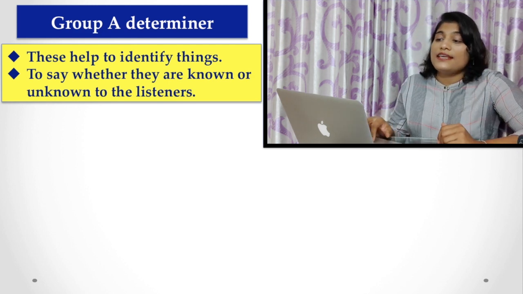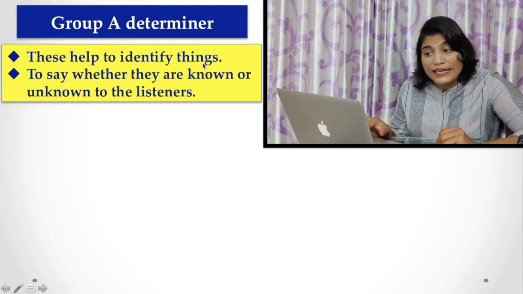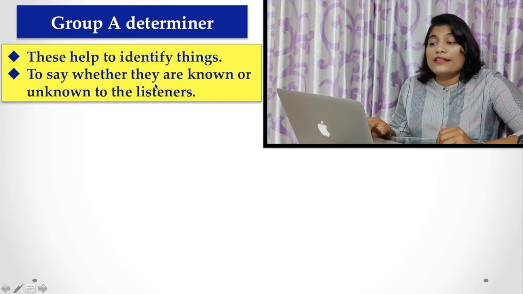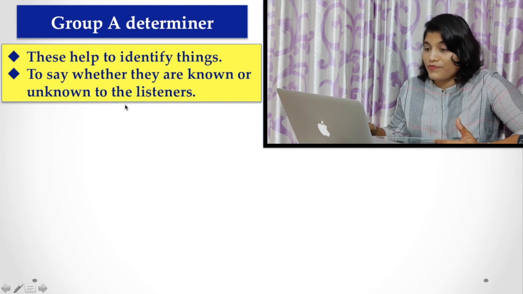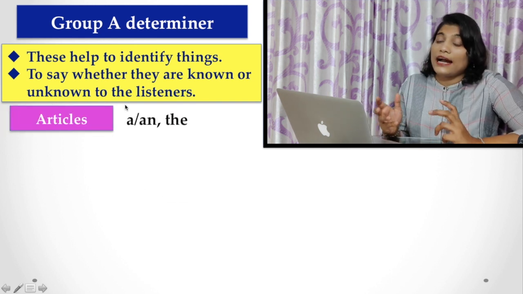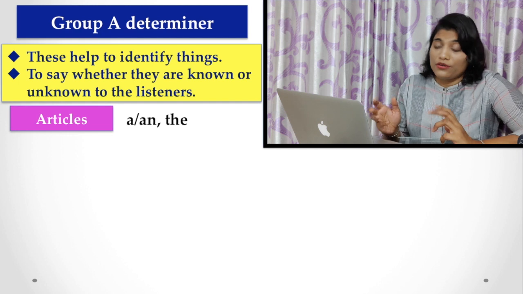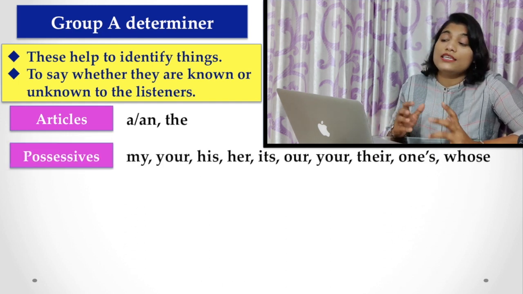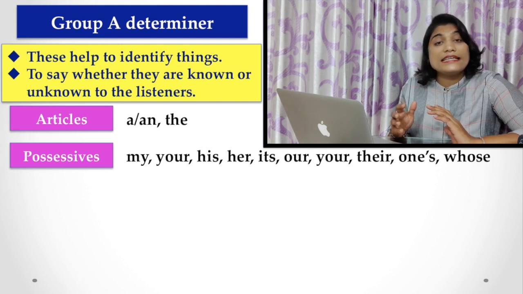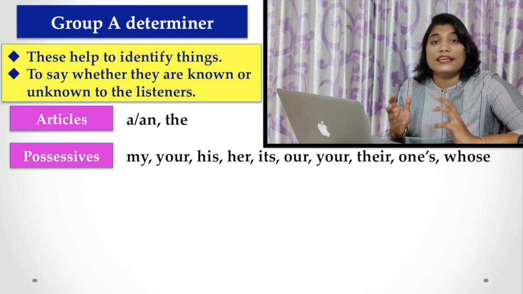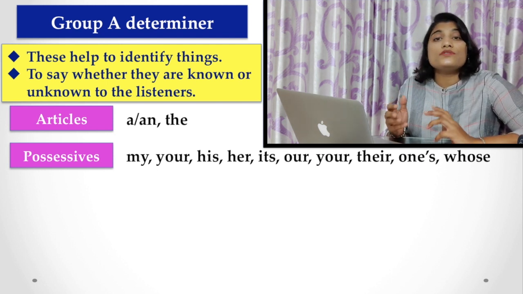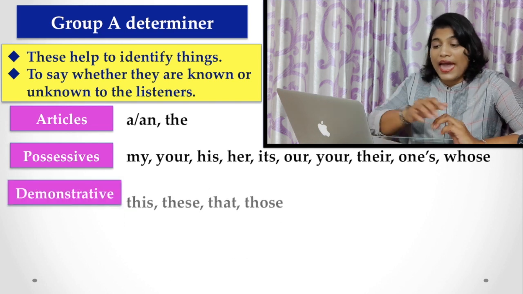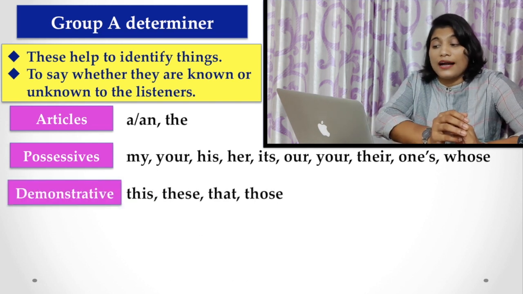These determiners help to identify things, to say whether they are known or unknown to the listeners. For example, the articles a, an, the; the possessives like my, your, his, her, its, our, their, one's, whose, etc.; and the demonstratives these,